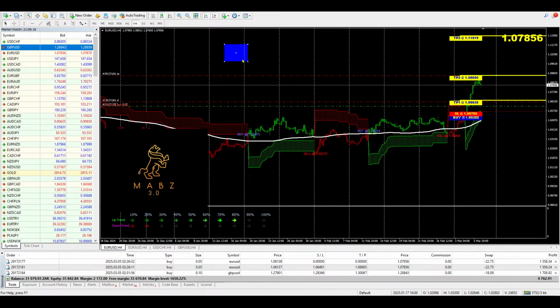Also, another thing, you need to also learn about lot sizes, which lot sizes to use for your trading account. Because remember, we're all trading with different capital. Some of us on real accounts, some of you are on demo, some of you have 10,000, some of you have 5,000, some of you have 100, some of you have 50. Okay, so our balances are not the same. So then, when you're executing trades, you need to use correct lot sizes because this forms part of your risk management. Okay.